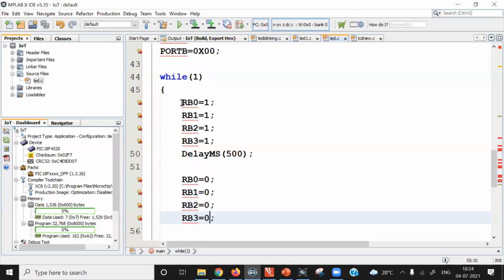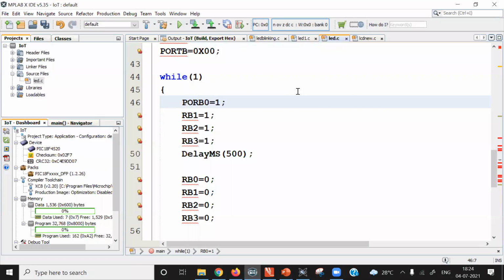What I have done here is RB0 is a single pin on port B. RB1 is again a single pin. So these are individual pins. Another way to access individual port pins or individual bits of any SFR is to write the name of the port. For example, here PORTB, then bits, which must be in lowercase, dot RB0.